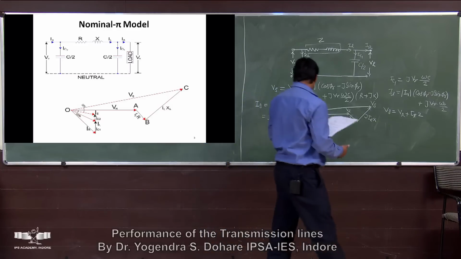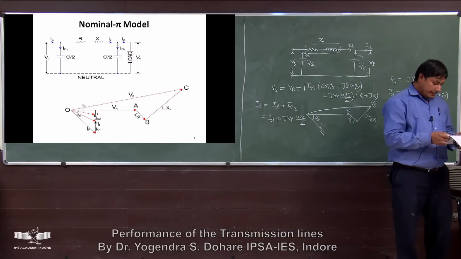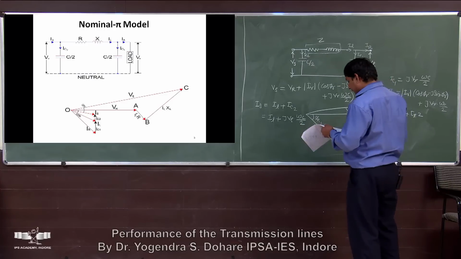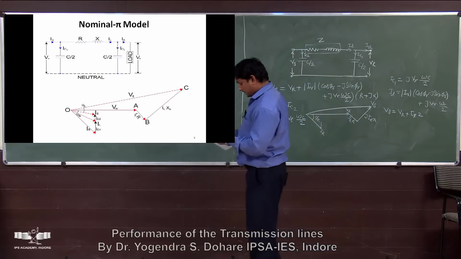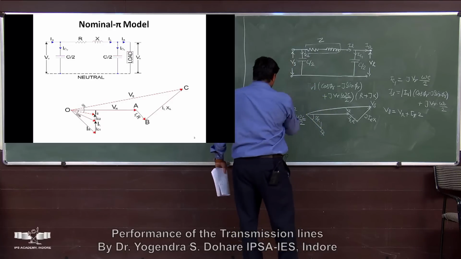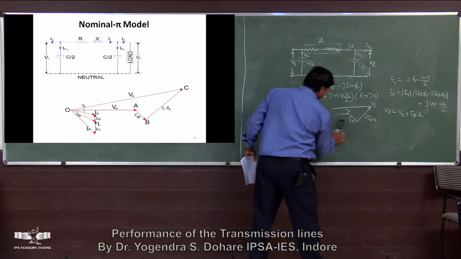Here we substitute the value of IL, and finally we get Vs, the sending end voltage. Then, for finding the value of voltage regulation,